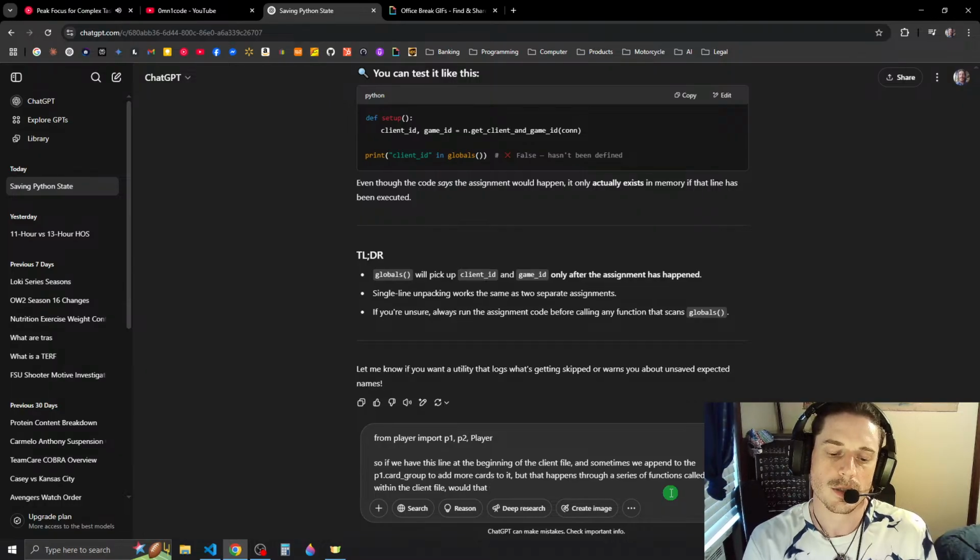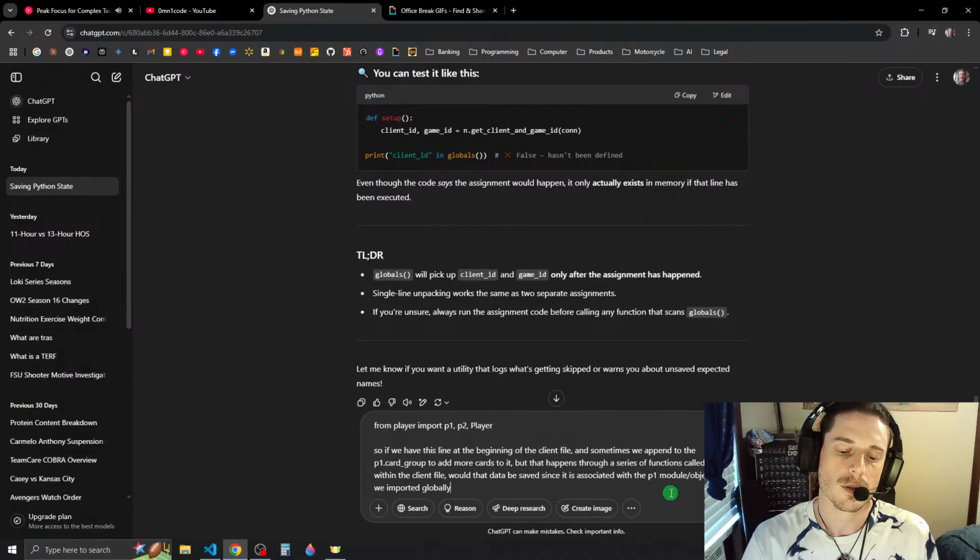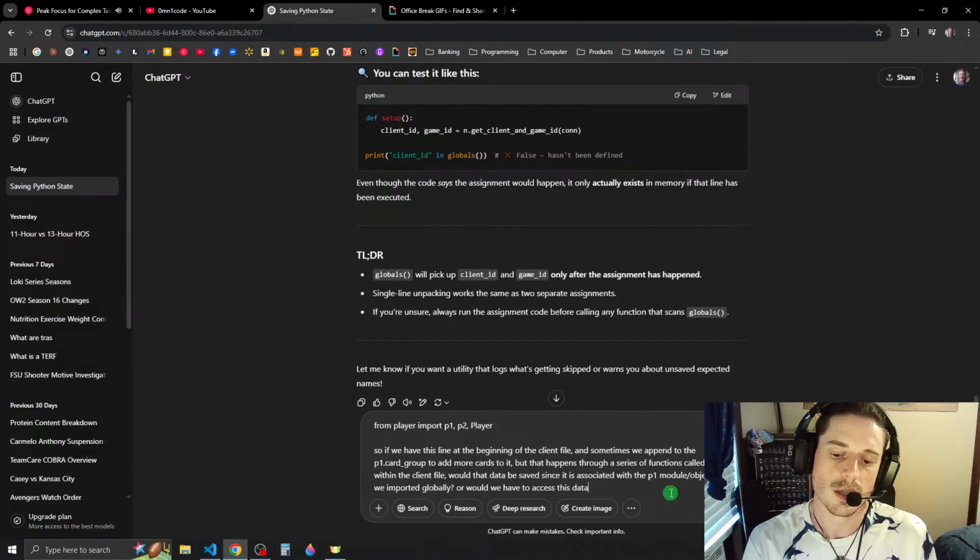Would that data be saved since it is associated with the P1 module object that we imported globally, or would we have to locally access this data and save it through locals or something?